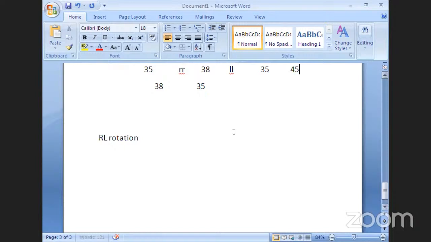Now coming back to the next rotation, that is RL rotation. Suppose I've taken the root node as 56 and I've inserted the next value as 68. Now I want to add the value 60. So it will affect the balance factor of the root 56. By what insertion is it getting affected? If I add to the right subtree, left node, it affects my root. So I need to perform RL rotation. In this scenario, first we need to perform